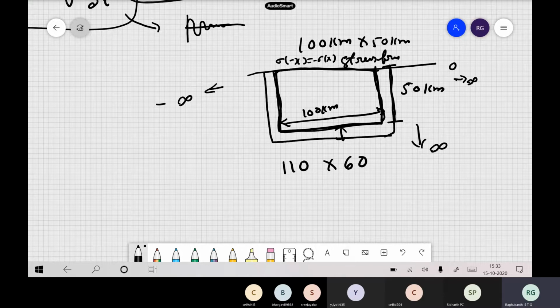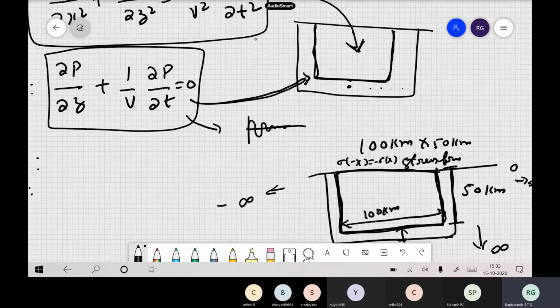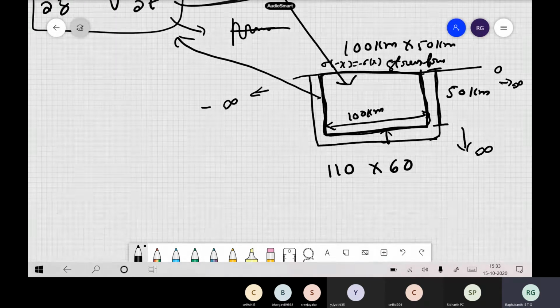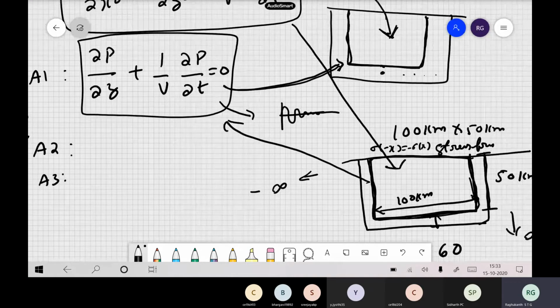In the 100 by 50 kilometers, my equation of motion will be this, the original equation of motion. Whereas in this small extra region I will use this, this is my equation of motion. At the boundaries I will calculate pressure or velocity and stresses. When I come from this point to this point, I will use this finite difference equation. This way we try to do this absorbing boundary condition. They act like a sponge kind of a thing.